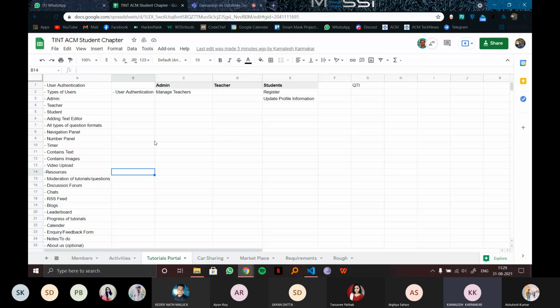Try to update this Excel. Otherwise, the rest of the thing will be difficult to manage. If you want to design the application or plan the whole thing, then you can go to Bitrix 24 and develop it. But I don't want to update the Bitrix 24 portal right now because